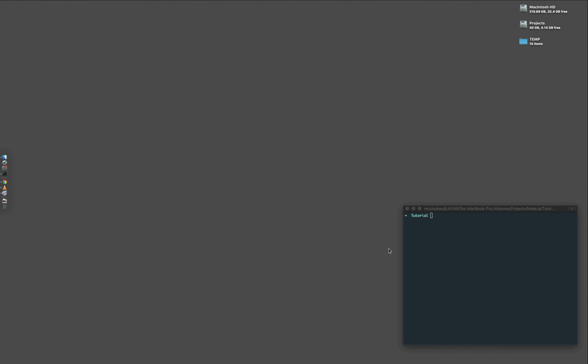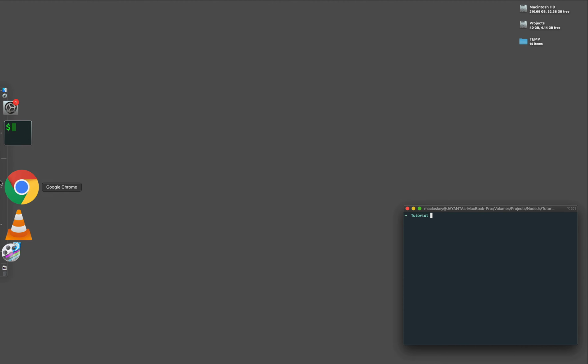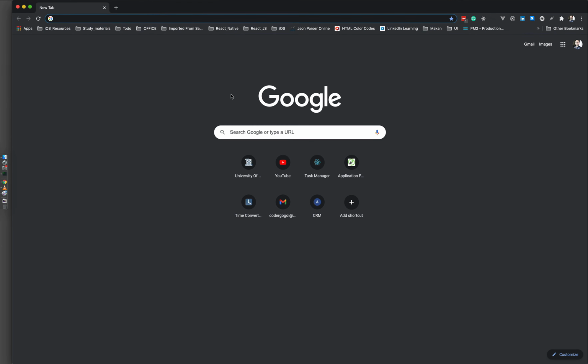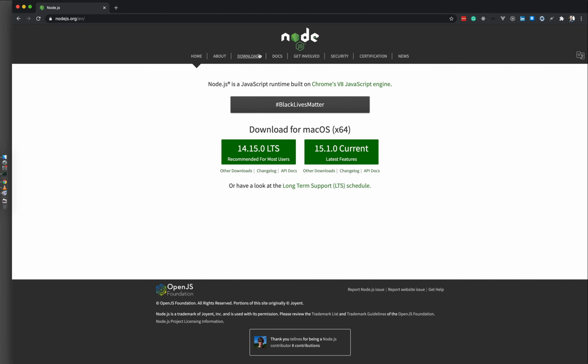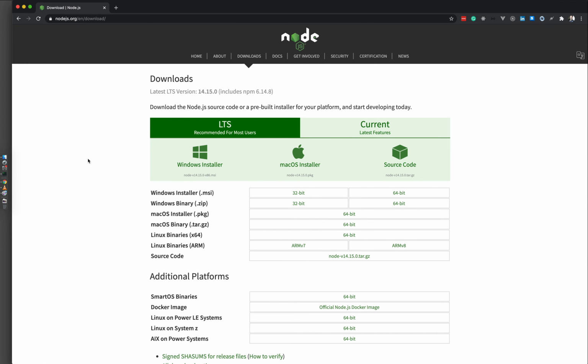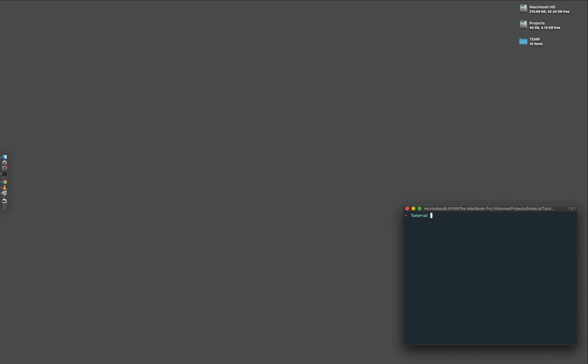We will create our project here. Right before jumping into creating the project, you need to make sure you have installed Node.js on your machine. You can get Node.js from this URL, nodejs.org. Then you can install the latest version of Node.js from here. Right after installing Node.js, you can get the installed version by typing